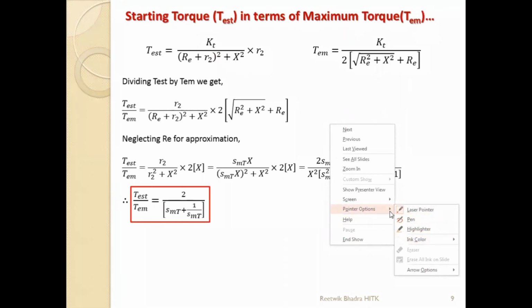Acha, if anybody has doubt, you can tell me. Okay, up to this we